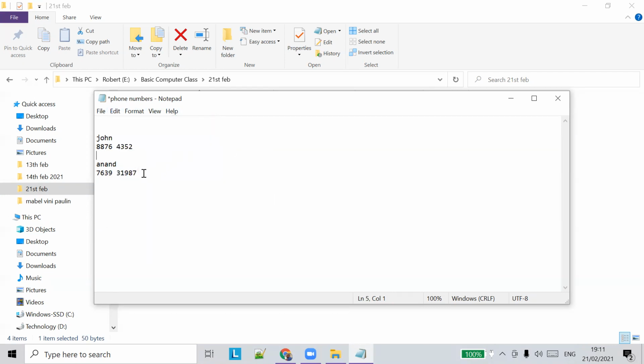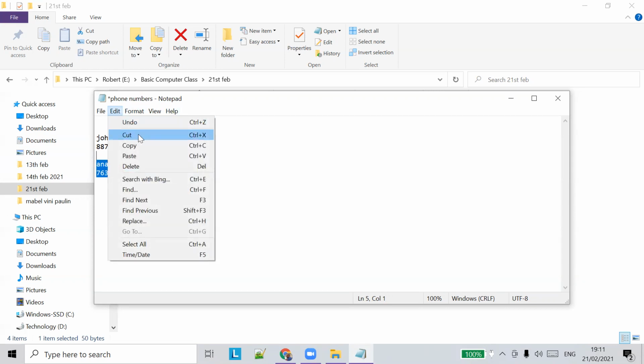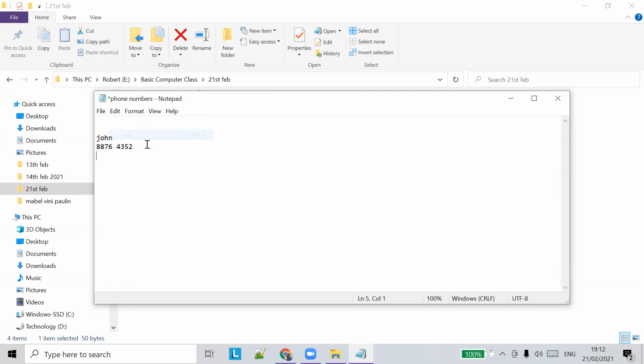So another thing is there's a cut option. Okay, so let's say I want to cut this file. I'll say cut, and I want to paste it in this location. What cut does is it will remove the things from the location. So we had Anand's phone number, right? But when we do cut, it will be removed from the particular location.